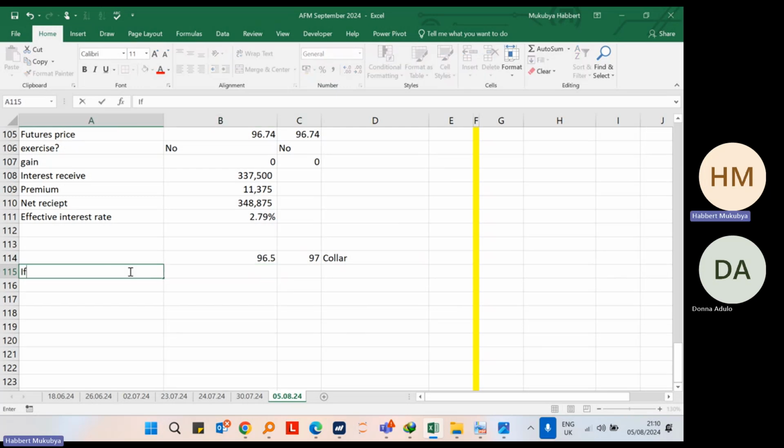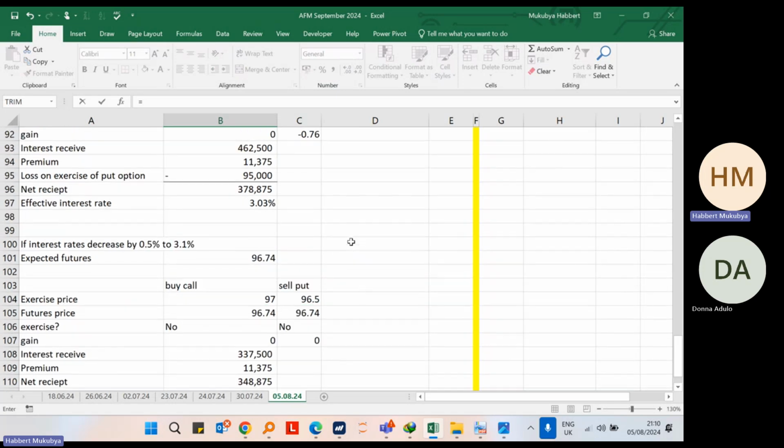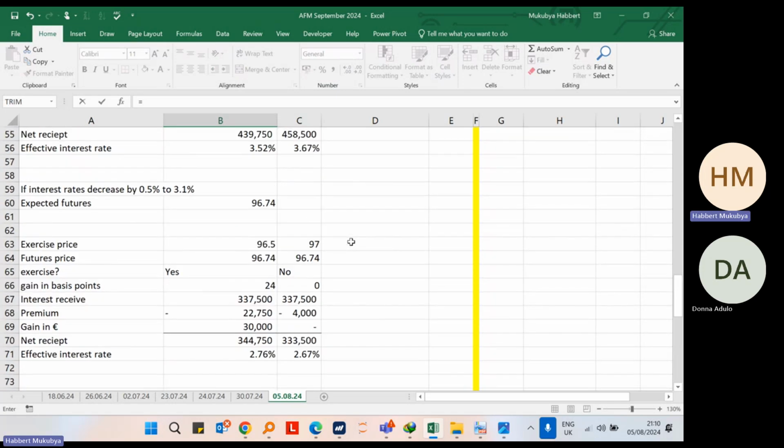If rates increase, 4.1%; if rates decrease, 3.1%. Now, the one of 96.5, when the rates increase,